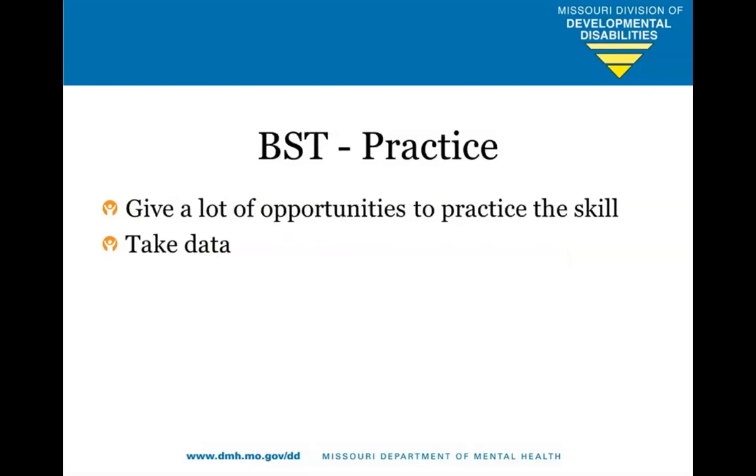So practice can be done either in the natural setting or in real-time moments where the situation or skill should be used, or via role play, which is, for those that don't know what role play is, a practicing situation that simulates the natural situation. The supervisor should record on a data sheet correct and incorrect responding during this step. So for, again, following the stay close, cool example, the staff member would practice using the stay close skill with Joe while the supervisor observes and takes notes.